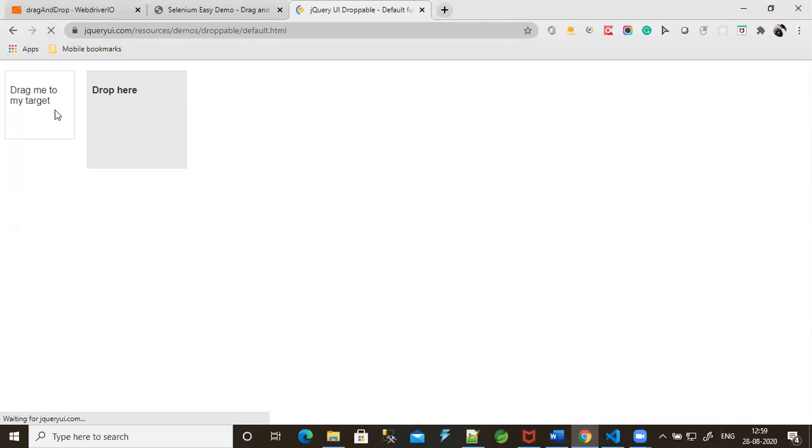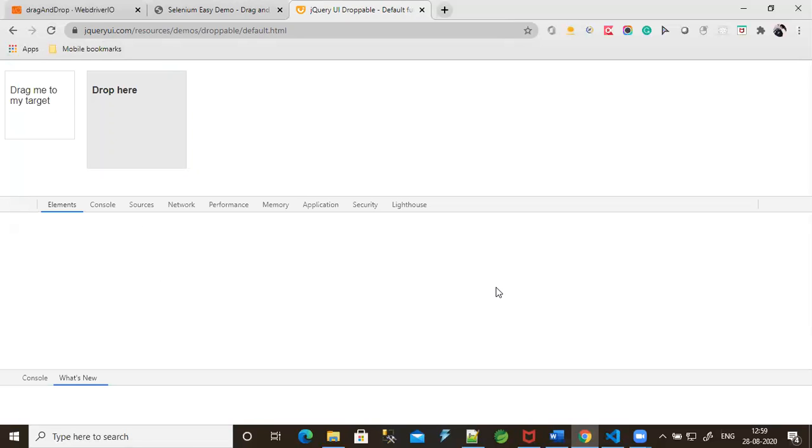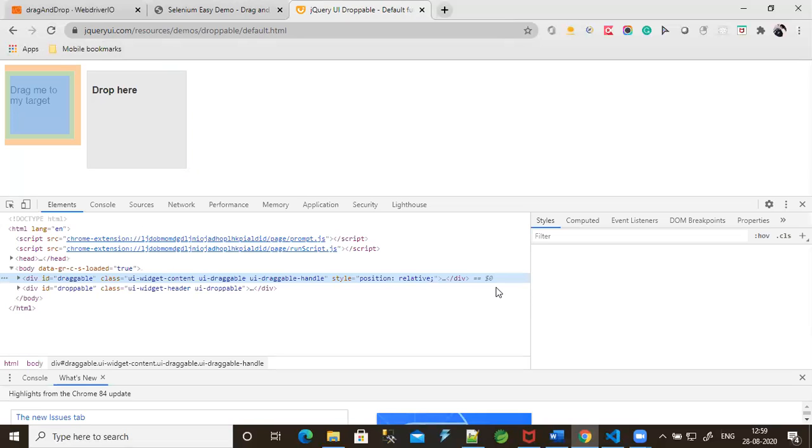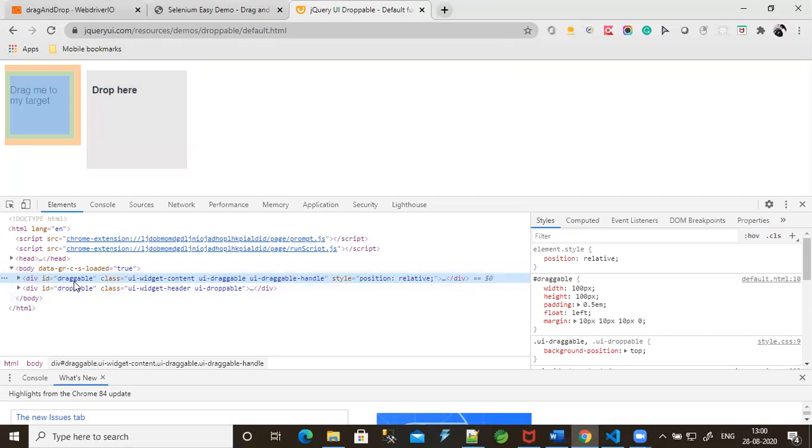Okay, it needs to become like this once you drop into this droppable drop box. We'll try to automate this, whether it works for this or not. Let me refresh and inspect. I'm going to use a CSS selector, draggable.